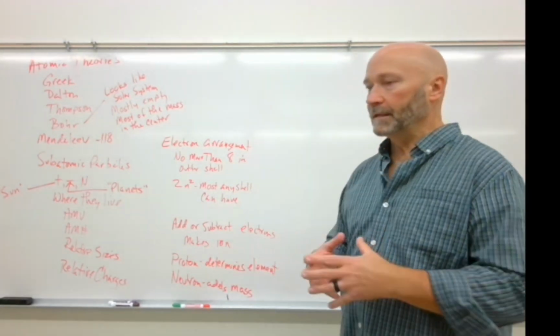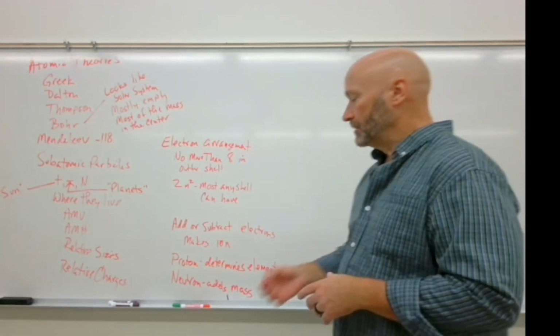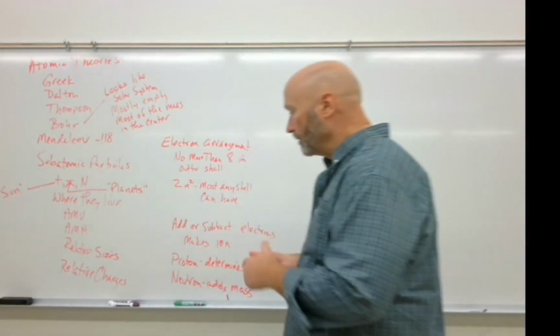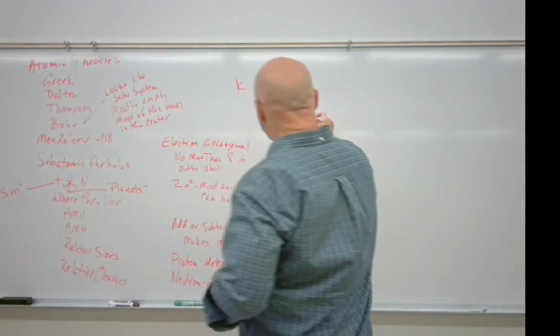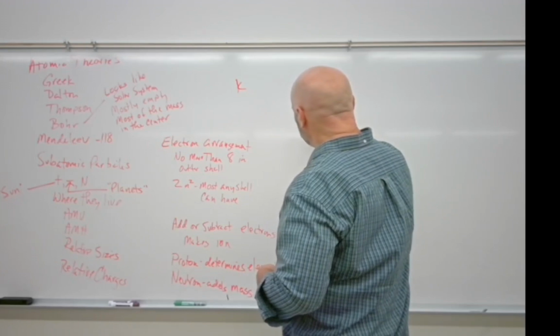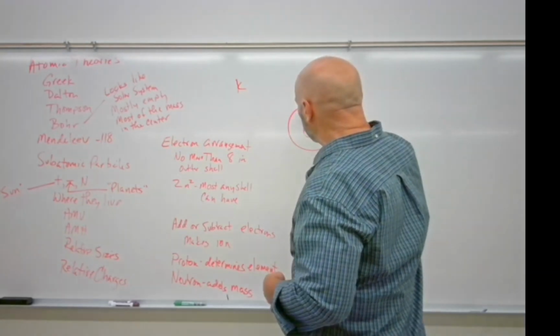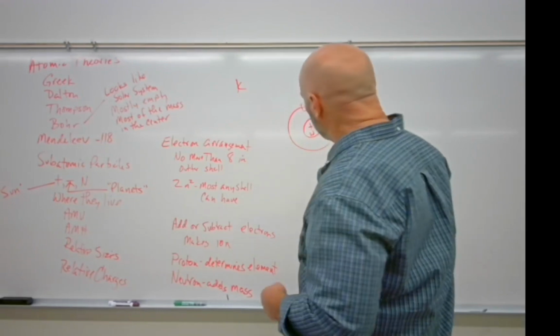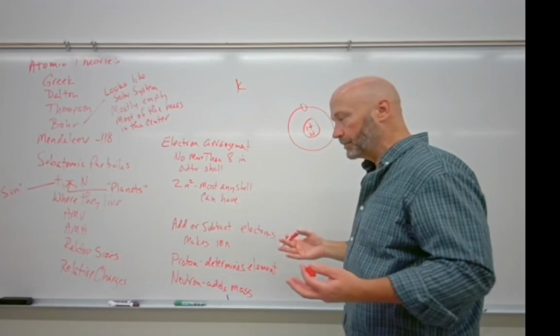And what we have with the electrons is that they exist in specific orbits. So your orbits, the orbits of your electron, for whatever reason, they start with a K shell. So if you have a nucleus, that's where your protons and your neutrons live, your first shell here is going to be your K shell. So if we have one proton, let's say we don't have any neutrons, we might have neutrons, we might not.